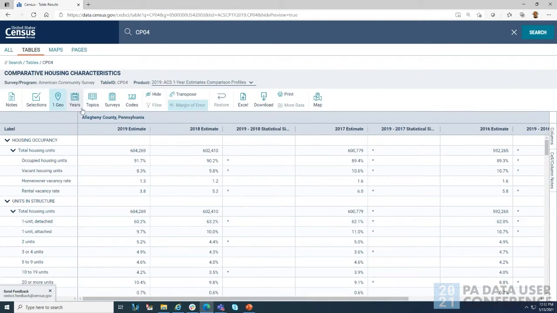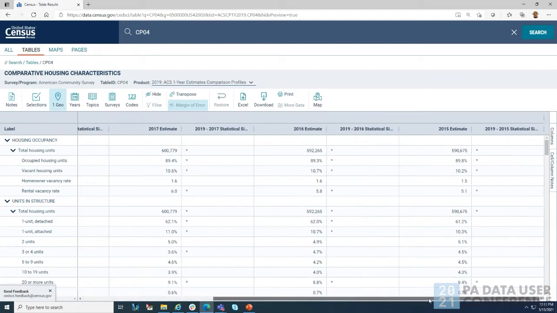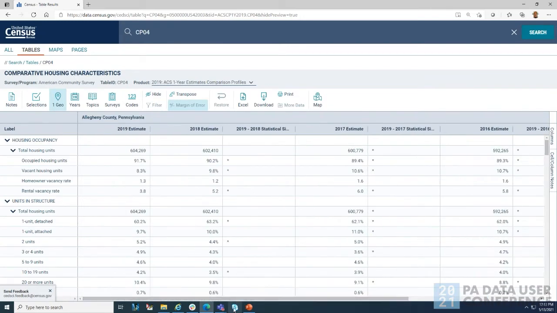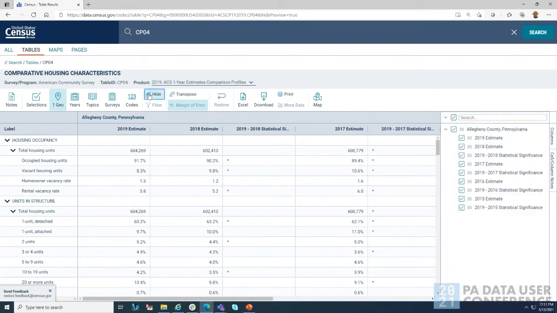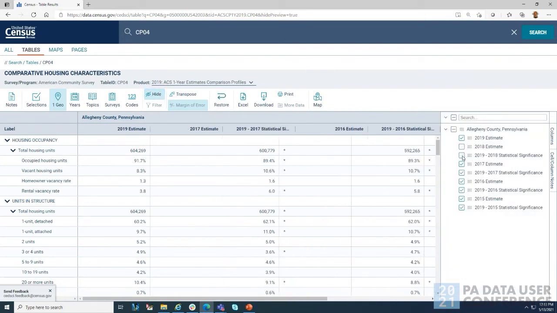So I'm going to go in and hide some of these columns, because as I look at it, there's a lot. This is a 5-year comparison, and I really want to compare between 2019 and 2015 to get the largest period of time comparison. I could definitely scroll back and forth and see what I'm looking for, or I could click on the hide button and just hide some of the columns.